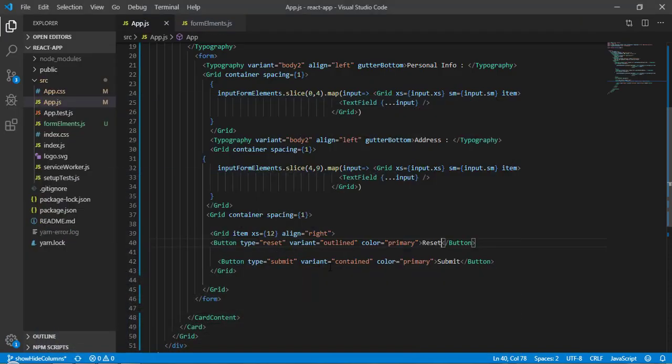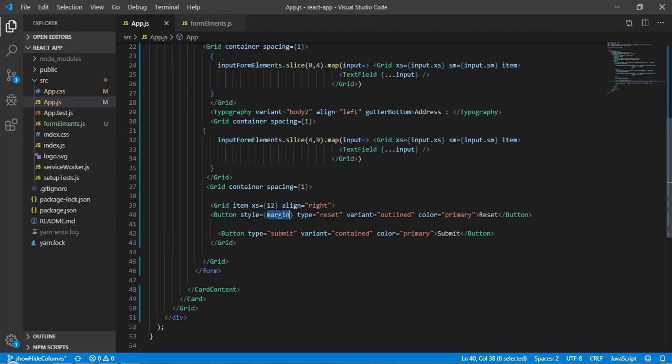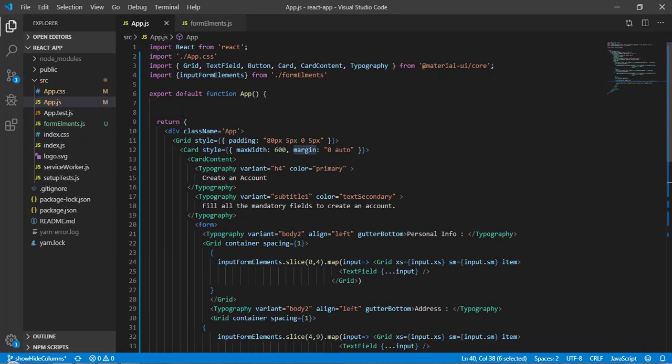So let's add some margin. To this button I will write a style, so sx style, and here I will call it margin. This variable doesn't exist, so let's create this variable at the top here. So const margin, and I will assign margin: from the top and down I don't want any margin, so 0 pixels, and from the sides I want 5 pixels, left and right.